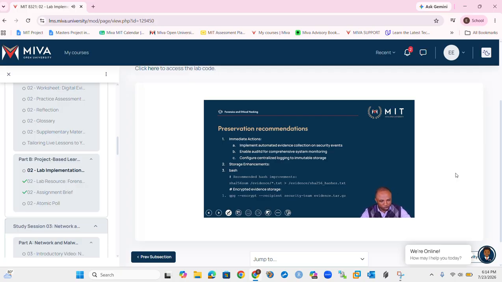Preservation recommendations. There's a need for immediate actions, short-term actions, and also future actions. All of these are needed in the chain of custody. So for preserving your evidence, or the data collected on your report,